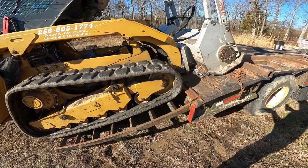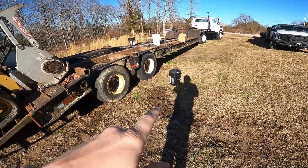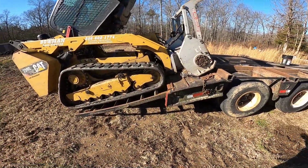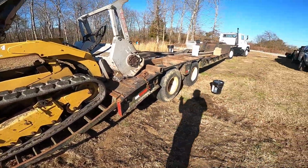So I got this running. It's not warm, but I got two 5-gallon buckets of hydraulic fluid, got the part and the radio. So while I'm here, I'm gonna go ahead and install it. Hopefully everything works. So we'll get this fixed, and then we may go ahead and haul